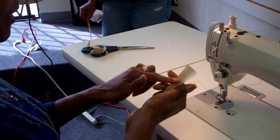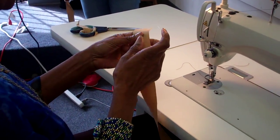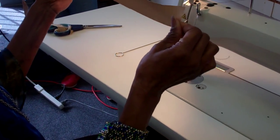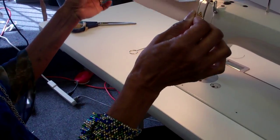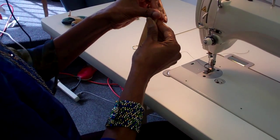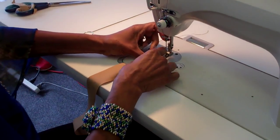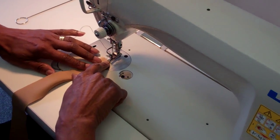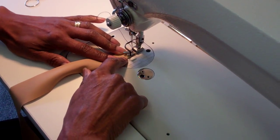All right, so I cut my strip, ready? I cut my strip 1.5 inches, and it's on the true bias. We know that's the weakest grain line, and the one with the most stretch. So we want to take it and fold it in half, and I want to stitch it and stretch at the same time. So I'm going to stitch it the width of my foot